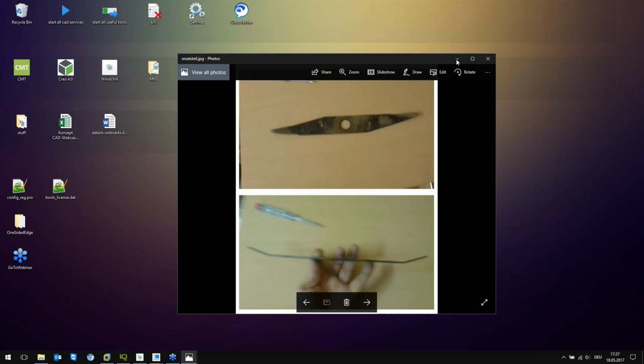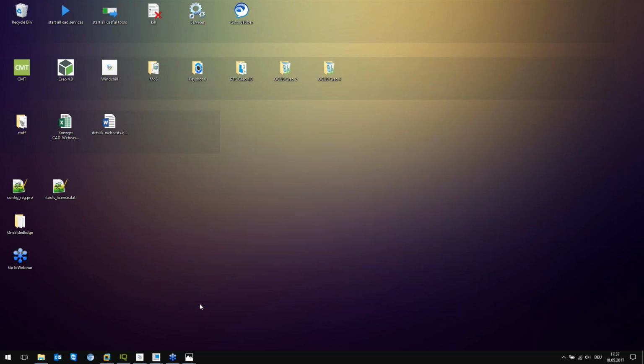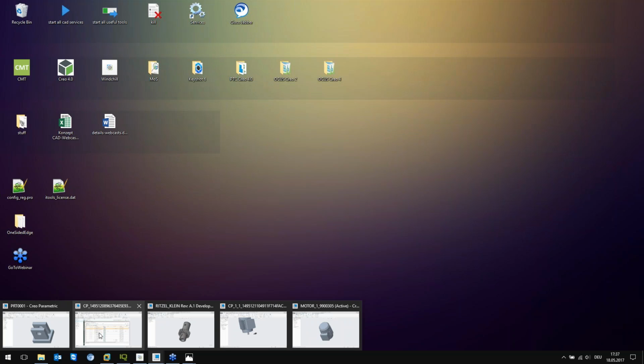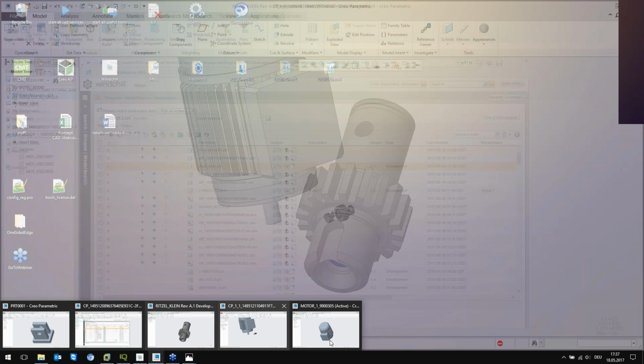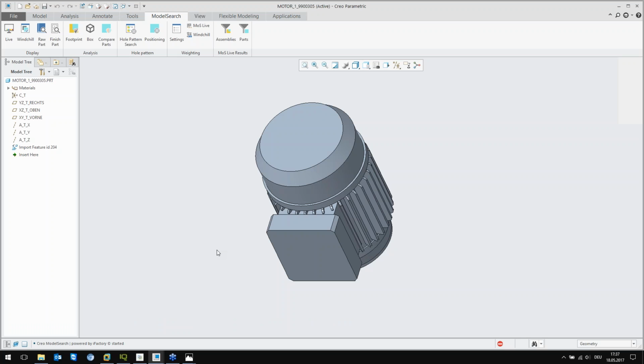Last but not least, we talked about part and how we can find part and the automatic geometrical generation of this footprint and stuff like this. But we can also deal with